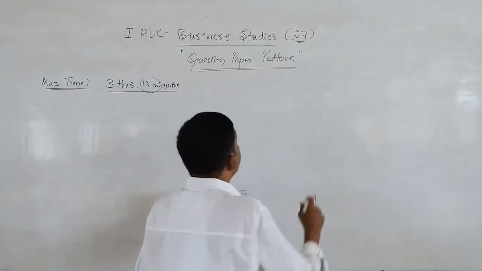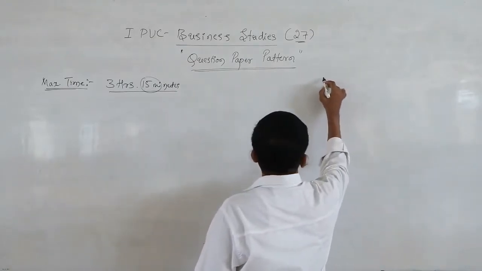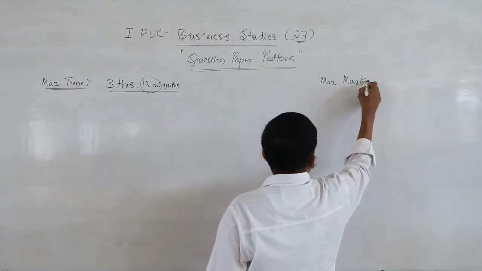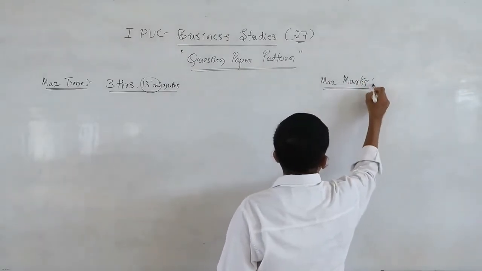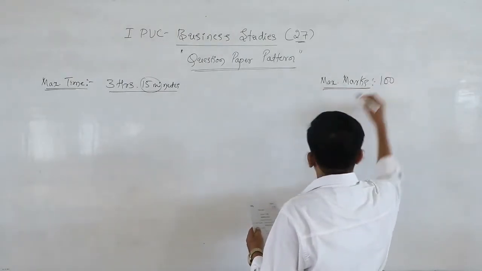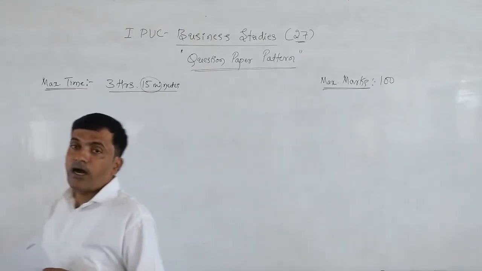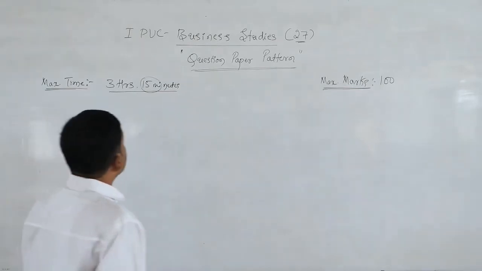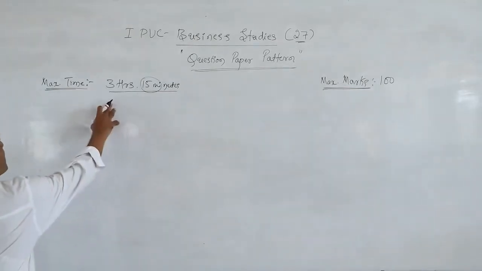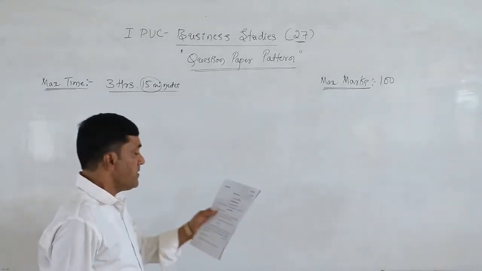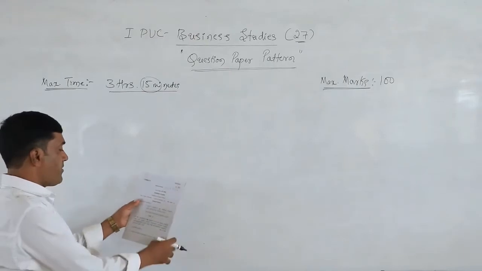Now maximum marks. Maximum marks 100. This is the initial step for your question paper blueprint or question paper pattern. So dear students, maximum time is 3 hours 15 minutes and maximum marks are 100 marks. So in your question paper,